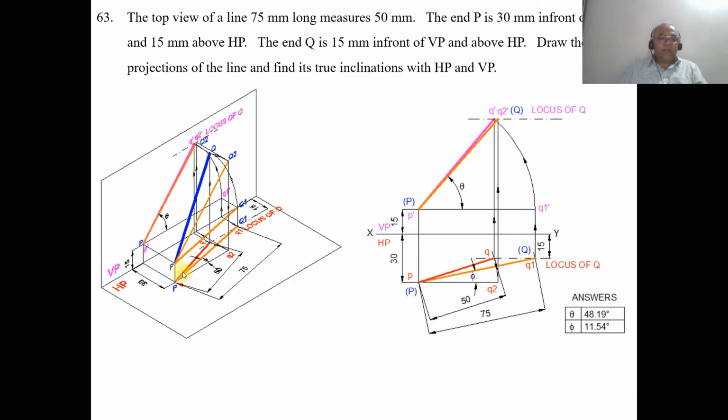When you look from the front view, that image is going to be transferred onto the vertical plane with P dash and Q1 dash. Now, as we know that we have the top view point Q, the front view point Q dash should lie on the same line, perpendicular to it, on the projector line drawn in space. With P as center, taking the radius of PQ1, you rotate it in space so that it cuts the end projector line of Q here in space. And you mark this point as capital Q in space. Join P and Q in space.